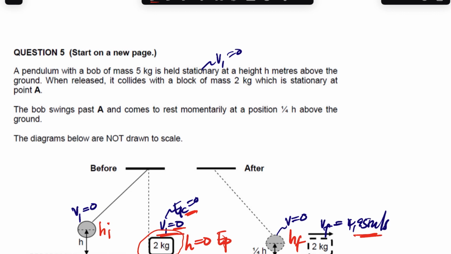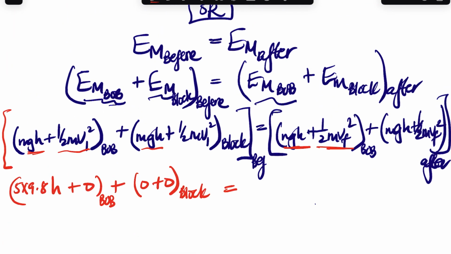So the gravitational potential energy there, this is the bob, is 5 times 9.8, which is mg, times h, and the height is a quarter h. Plus the kinetic energy is going to be 0 because it was momentarily at rest. This is the bob, right? Plus the